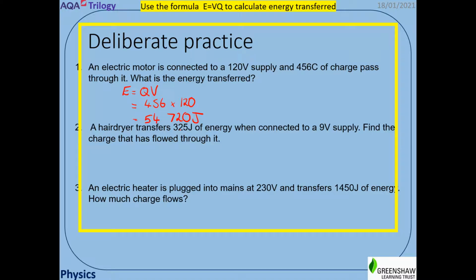A hairdryer transfers 325 joules of energy when connected to a 9-volt supply. Find the charge that has flowed through it. So this time we're looking for Q. So I rearrange my equation. Q equals E divided by V. So 325 joules divided by 9 equals my charge. 325 divided by 9 is 36.1